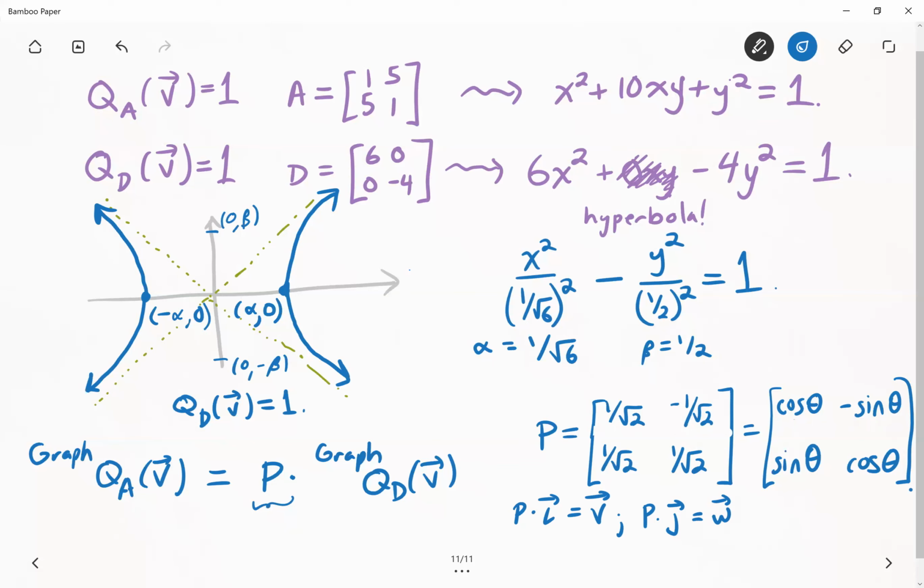So what this matrix is doing is it's rotating i into the position of the first column, and it's rotating j into the position of the second column. So in order to draw the rotated graph,